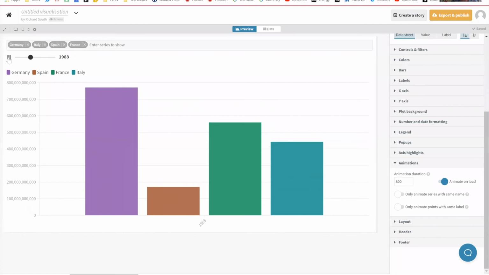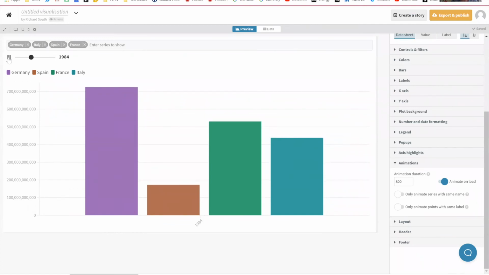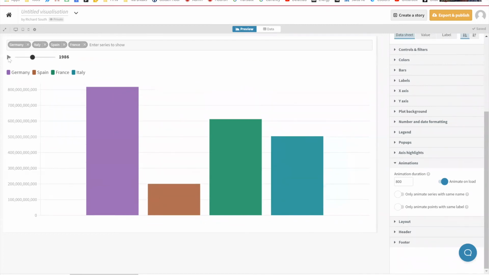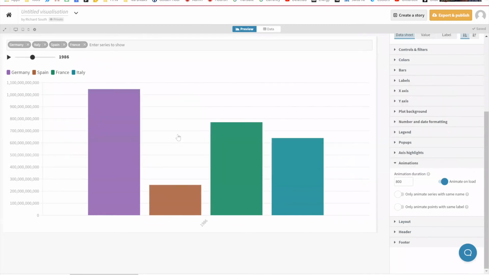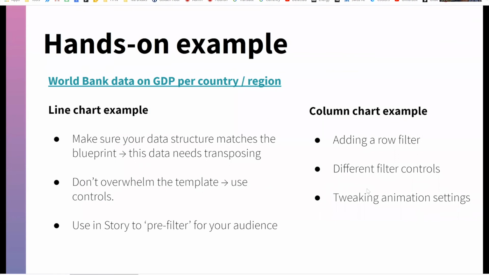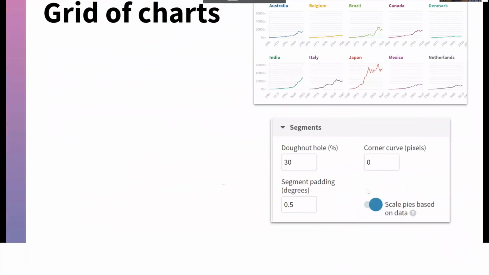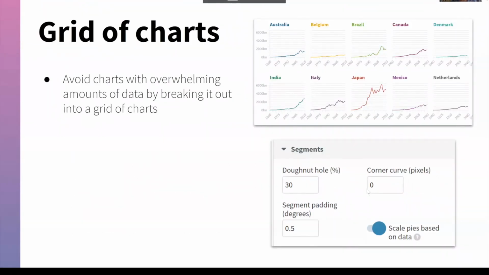effect. And we'll cover those things in more depth when we look at line bar pie in story mode in another session. Okay, so adding a row filter, some different filter controls, tweaking animation settings. Now let's quickly look at an example of how you can create a grid of charts, which can be really useful if you feel like you have too much data to present to the audience in the context of a single